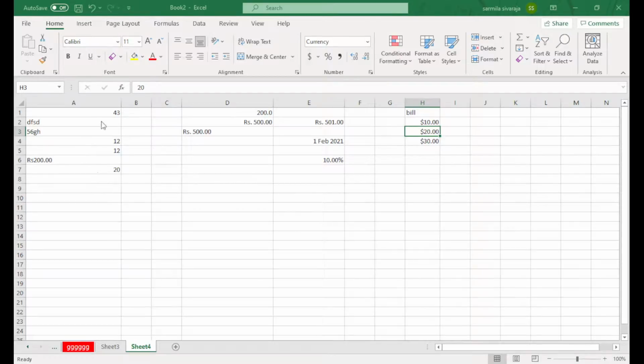Text and general are both the same thing. Custom means you can define your own format. For example, a phone number has some values such as 0, some numbers, or plus 91 or 94. So you can customize your type also. So this is regarding numbers.